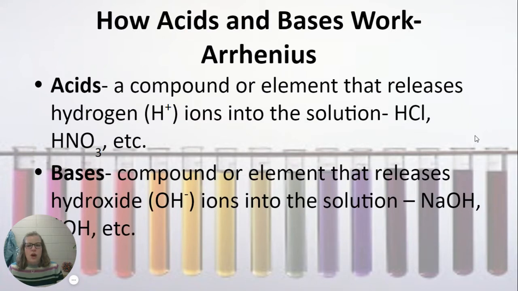So when we talk about acids and bases, there are two competing definitions for them. Actually, there's three, but in terms of what AP is looking for, they're going to be asking you to compare two definitions, the Arrhenius definition and the Bronsted-Lowry definition. There's something else called the Lewis acid and base definition, but they've removed that from the curriculum, so we don't have to worry about that right now. So if we're talking about the Arrhenius definition